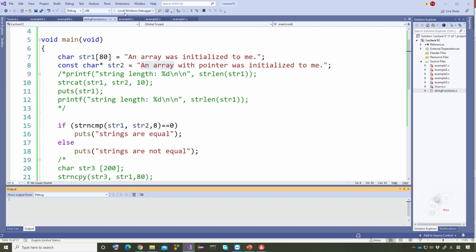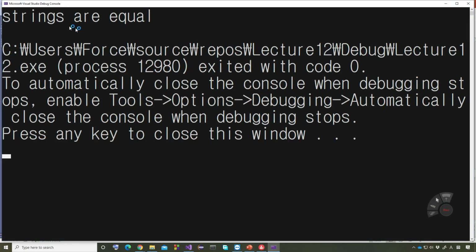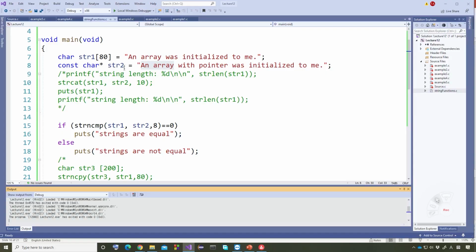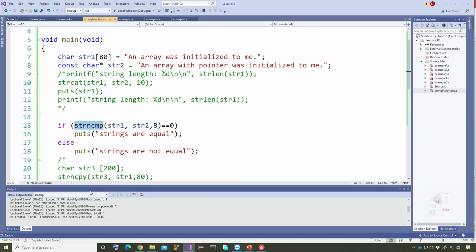So let's see this one. Yes, strings are equal. Okay, so this is how you can compare two strings using string compare. Okay. Now, next function. What is the next function? So the next function is